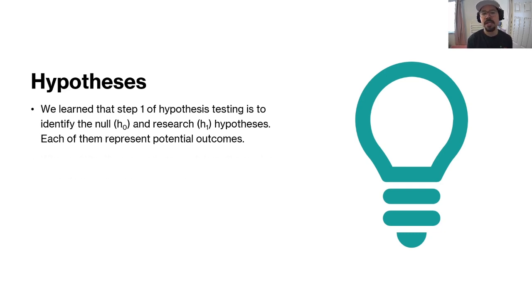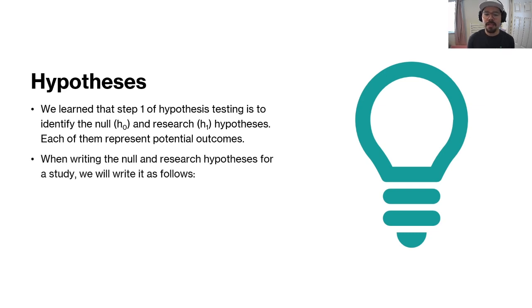Each of them represent potential outcomes. When writing the null and research hypotheses for a study, we're going to primarily lean on the following method of writing our hypotheses. The first one is H0. Remember, that's your null hypothesis. I also want to encourage you, if you've got notes from your hypothesis testing module, this is where they're going